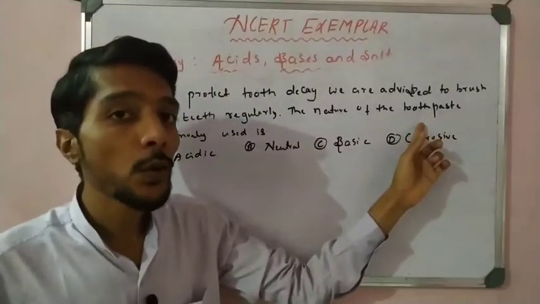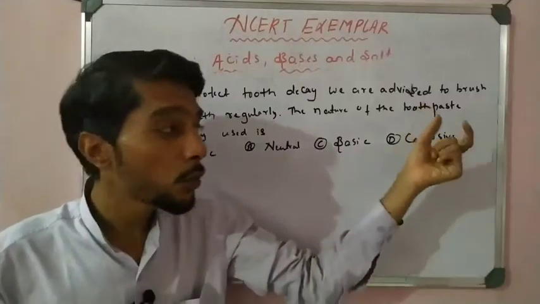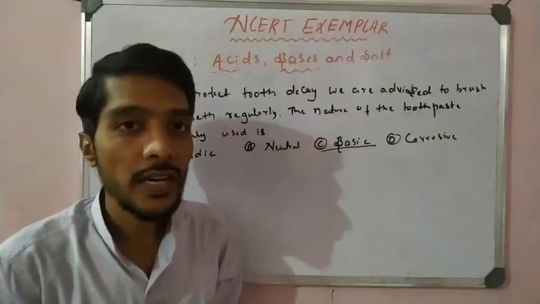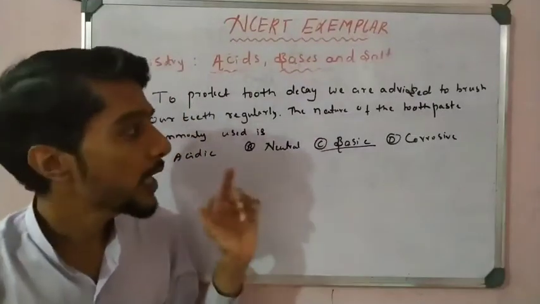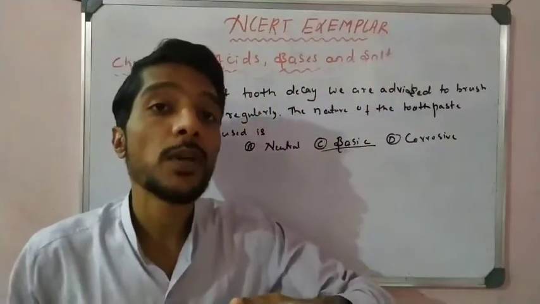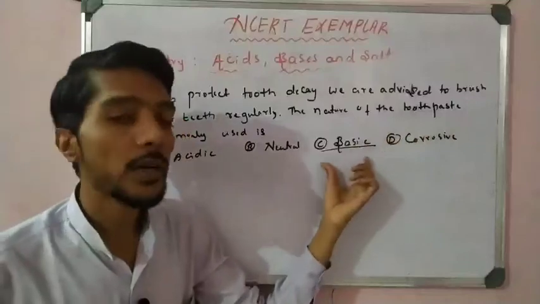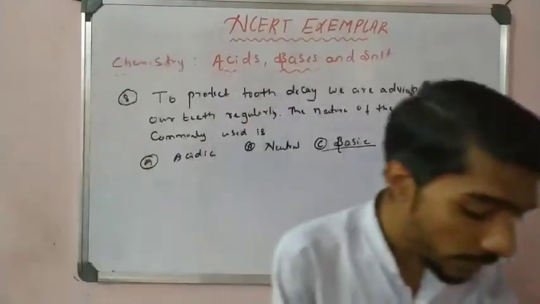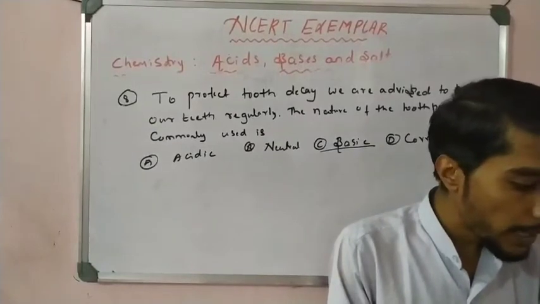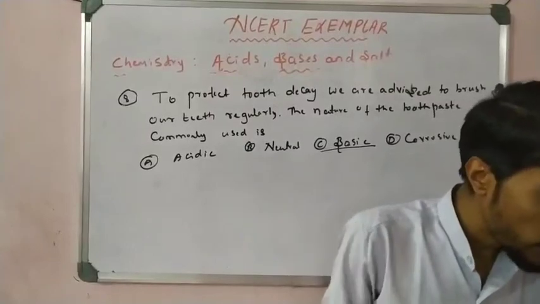So what does brushing do here? Brushing can decrease the acid. If the toothpaste decreases the acid, that means the paste is basic in nature, right? A neutralization reaction takes place in the mouth. The toothpaste which is used is actually to neutralize the acid present in the mouth, and therefore the toothpaste is basic in nature. That is a very important direct question to remember. The toothpaste which is used to clean the teeth every day, morning or night, is basic in nature. So you have to remember this point, right students?